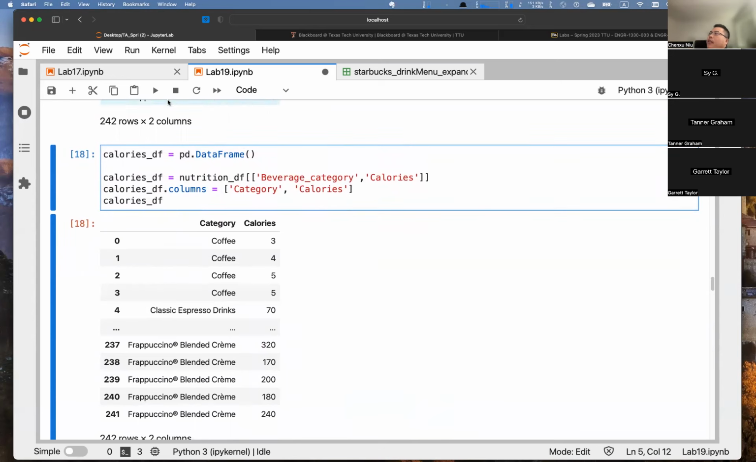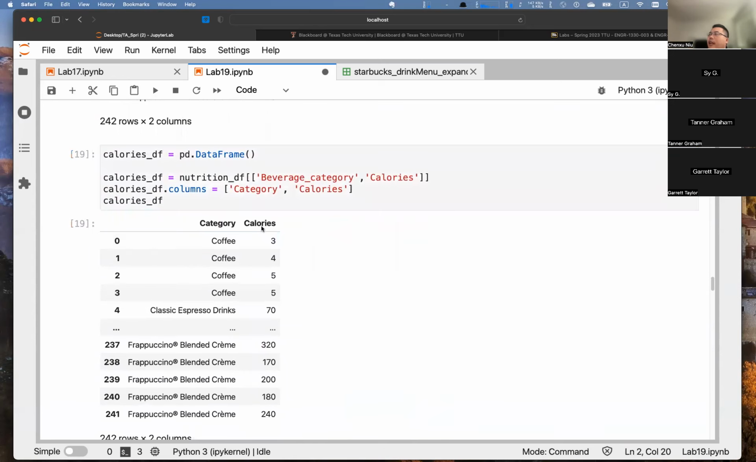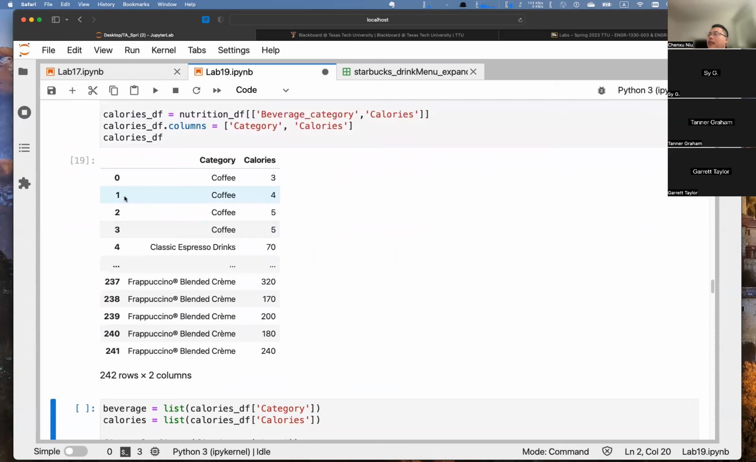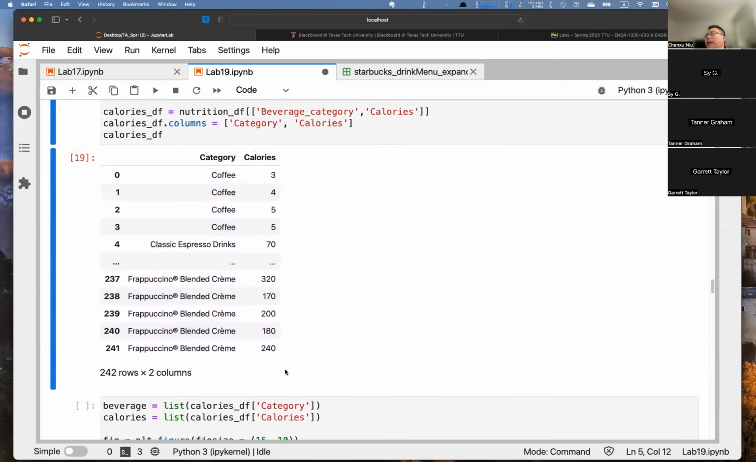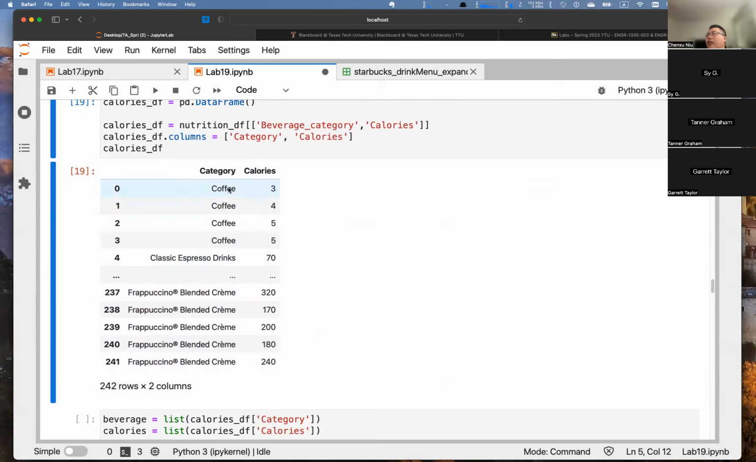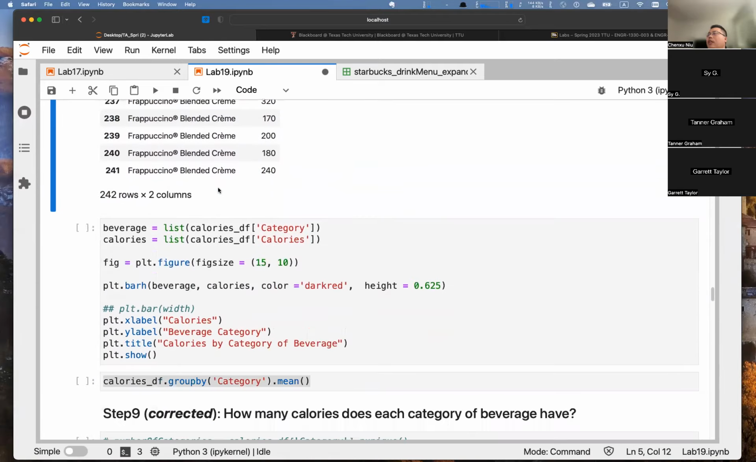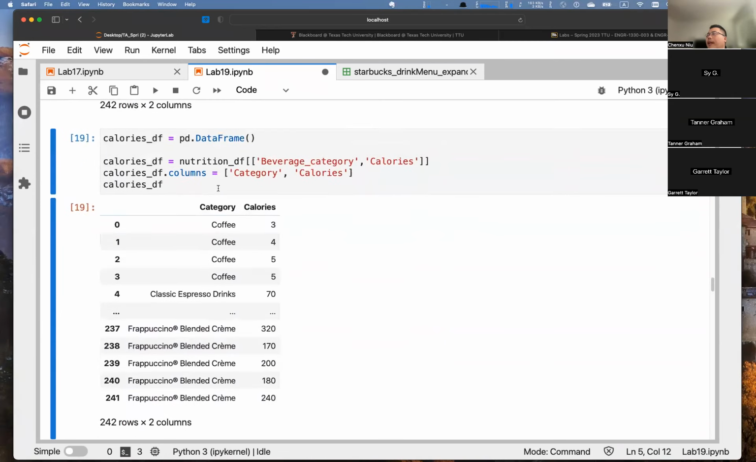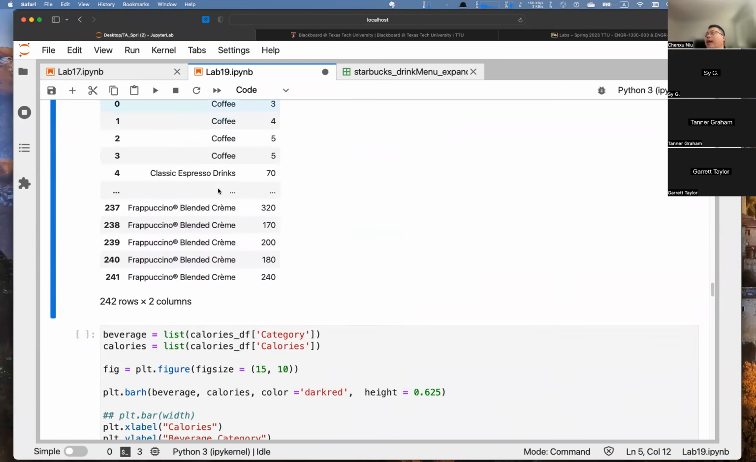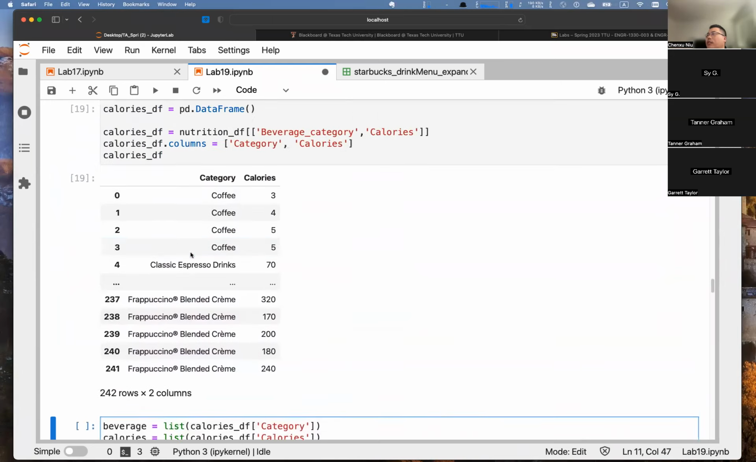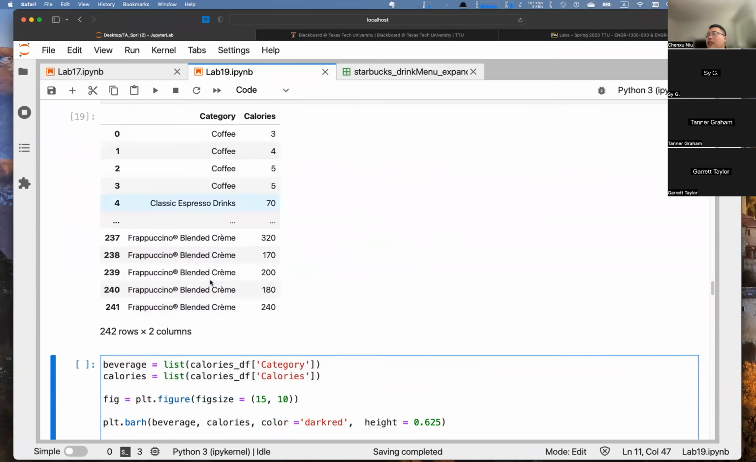All right. It's about categories and calories from 0 to 241. So there are 242 rows and 2 columns. But there are many duplicates, right? So here, coffee, you see there are several categories which are marked coffee. So we need to combine them, group by them, and calculate the mean value, right? So we can use this way to set it,